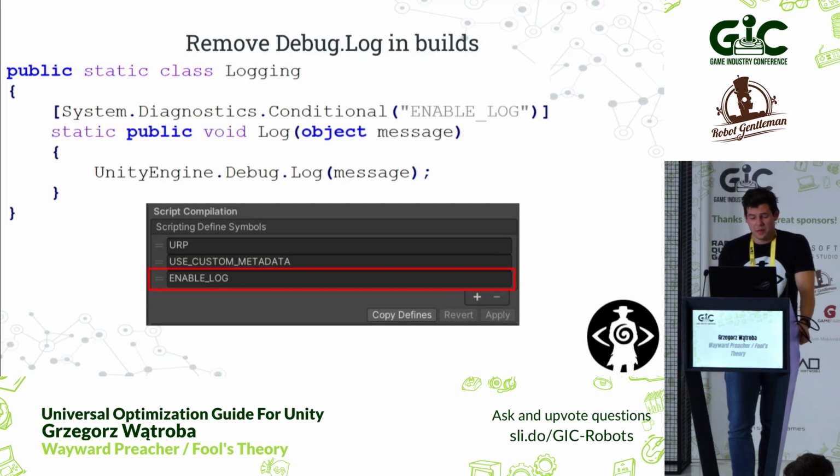Also, since Debug.Log is quite heavy, and during debugging or local testing we do like our detailed reports, right? We should cut it out in the targeted build. This is an example of how to handle it. Generate your log message with a custom class. If you disable the enable log preprocessor in player settings, all of your log statements will disappear in one swoop. So why not use that?